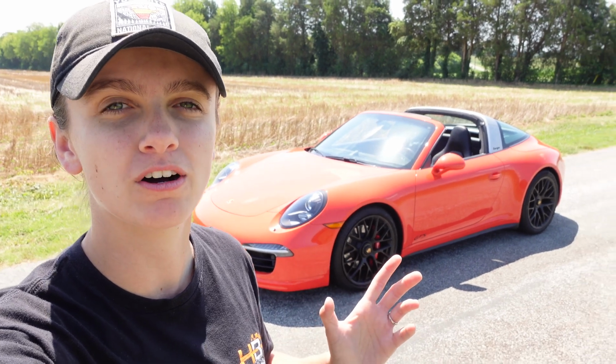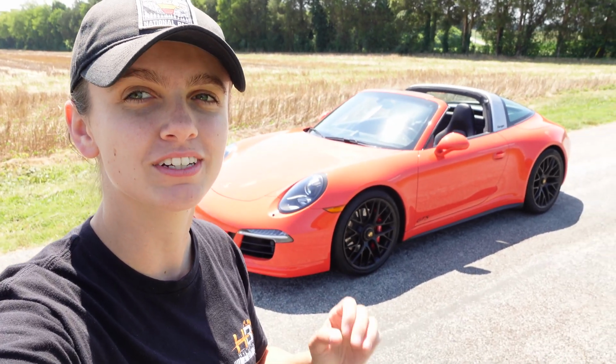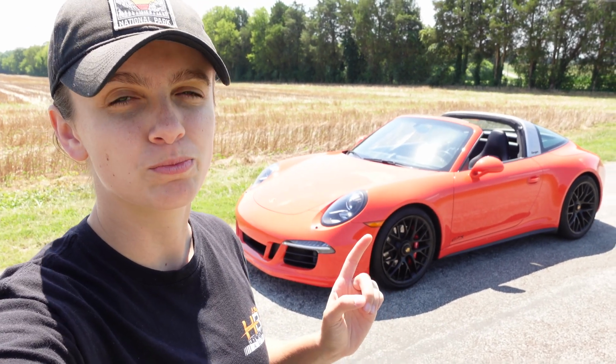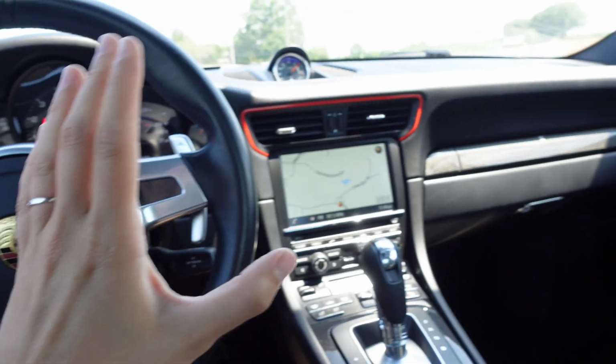We are starting this video off in a 2016 911 Targa 4 GTS. This is 470 wheel horsepower, convertible from Porsche. It is so clean. It's presented in a beautiful lava orange paint, and we're going to dive right into this one today. So starting off with the interior, you've got a beautiful full black interior with a couple of lava